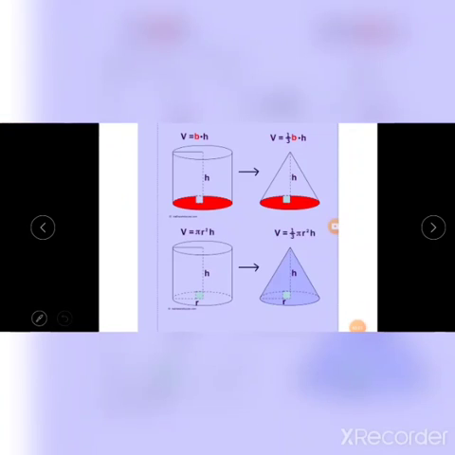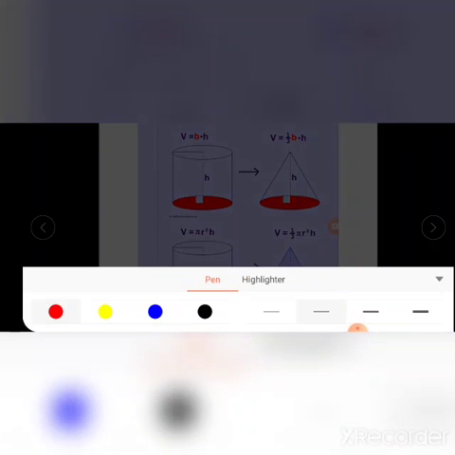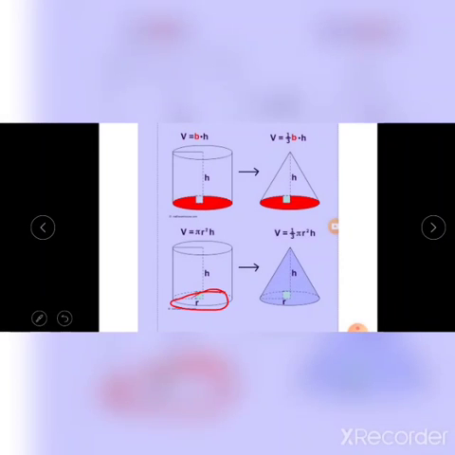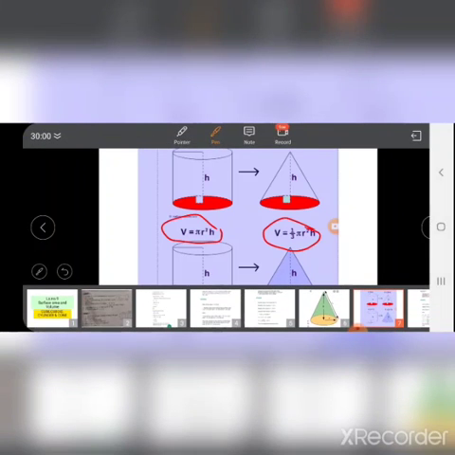Observe these figures very carefully. There is a comparison between the volume of a cylinder and the volume of a cone. If you observe there, the base of the cylinder and the base of the cone are of the same radius. If we pour the water from a cone into a cylinder, we find that it has to be 3 times. So the volume of a cylinder and the volume of a cone, if you see, are similar, leaving 1/3.